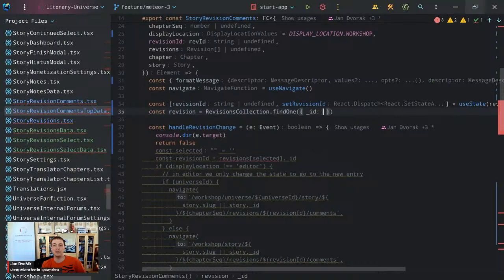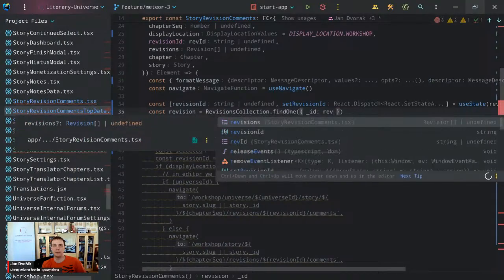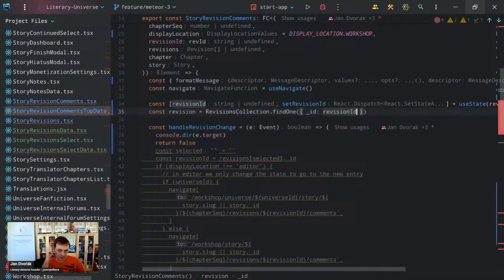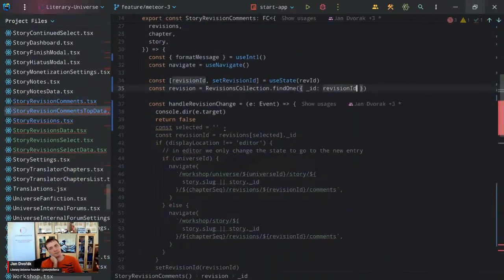And that will be ID, the revision ID from there. It's synchronous, so